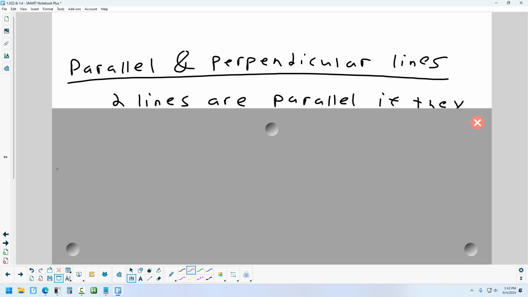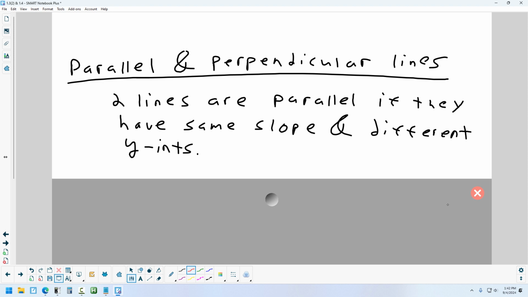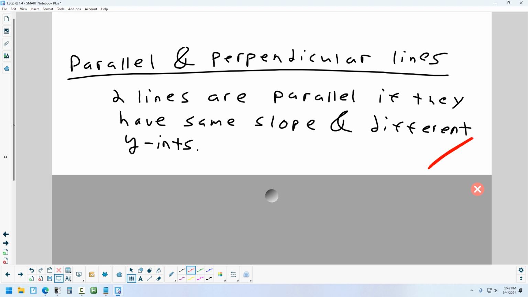They have to have different intercepts. Well, what if they had the same slope, same intercept? Why aren't they parallel? Because they're just the same line. That's not parallel. So parallel is same slope, different intercept. Now, what about